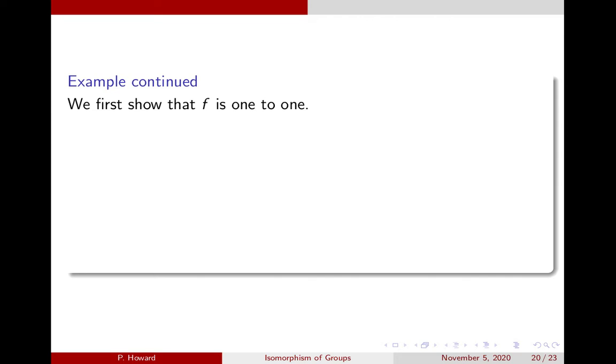Okay, so we have to show that f is one-to-one. We have to show that it is onto the real numbers. And we have to show that the isomorphism equation is true of the function f. So starting with the one-to-one property,